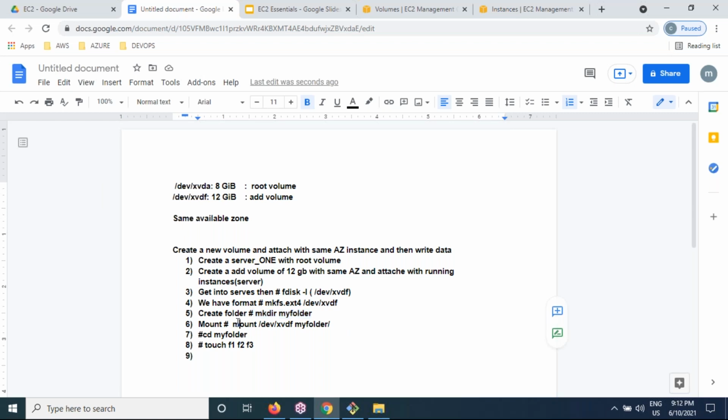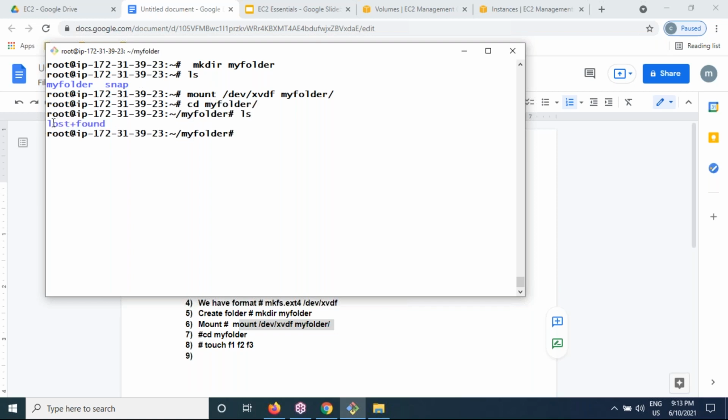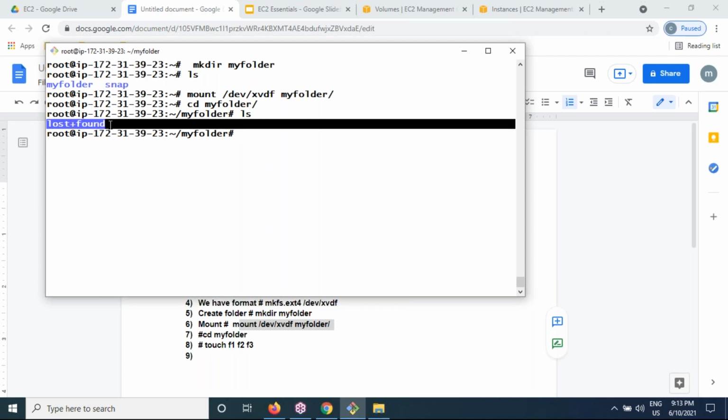Then let us execute the mount command, mount /dev/xvdf myfolder. That's it, so it has successfully mounted. My device is attached with this folder. Let me get into my folder. Yes, with ls you can find the lost+found folder.